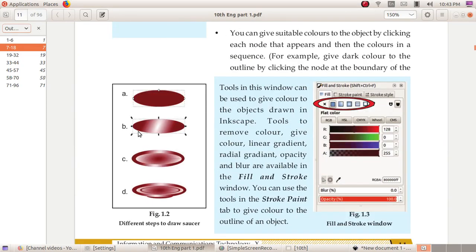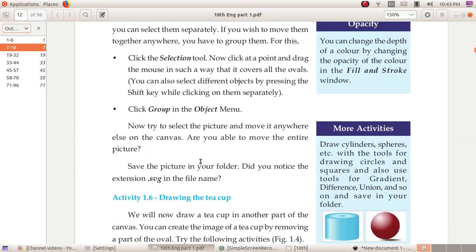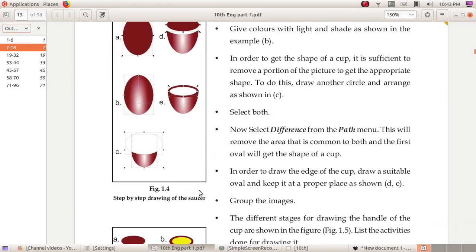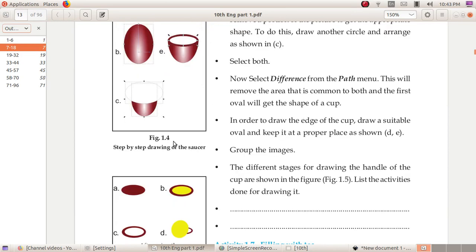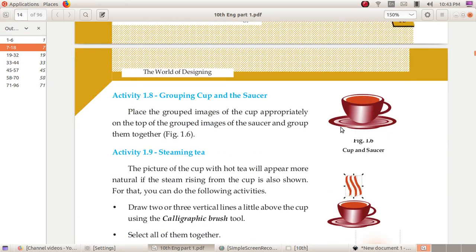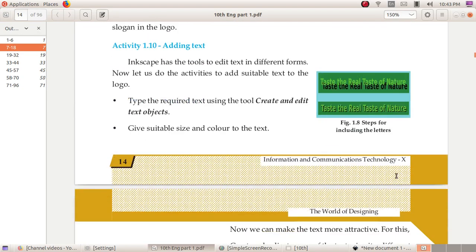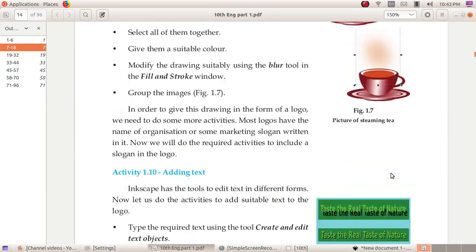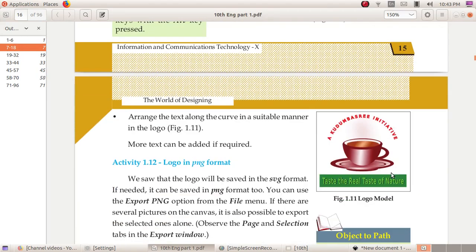This is the first step for creating a saucer, and for creating the cup and its handle, and this is the logo, cup and saucer. This is the final logo.